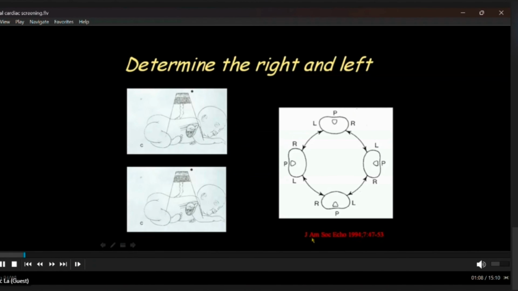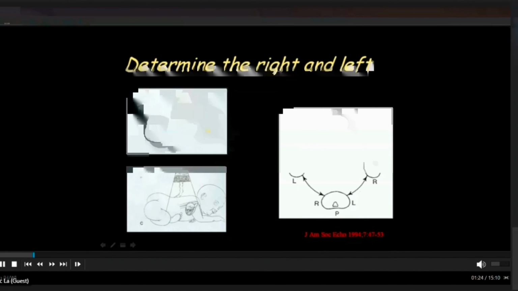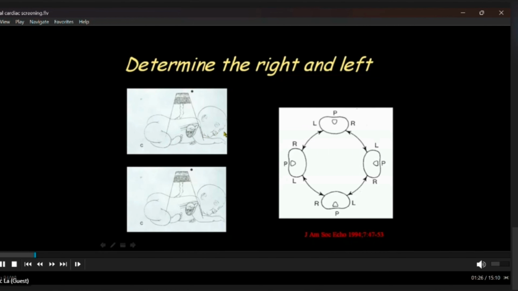Took from this article in the Journal of the American Society of Echocardiography, showing how to decide about the situs of the baby, of the fetus. And basically what you do is you put the baby in a longitudinal plane with the head of the baby to this side of the screen in front of you, and then from there you rotate 90 degrees, and then you'll be able to see the baby in an axial plane, and you will see one of these